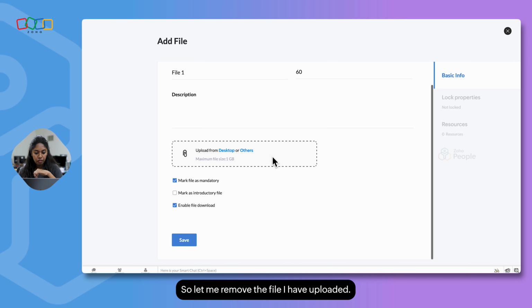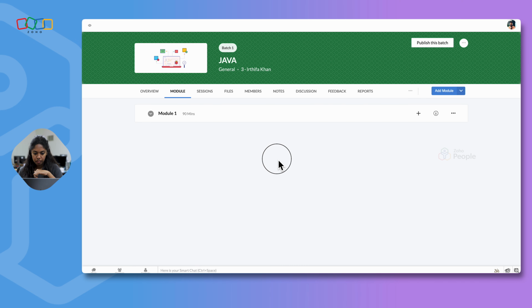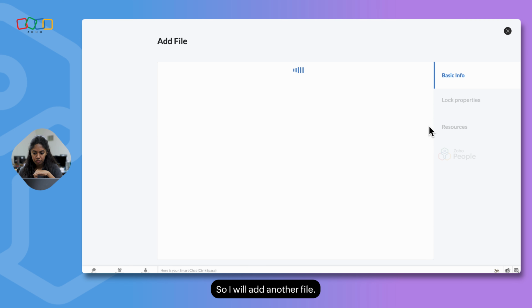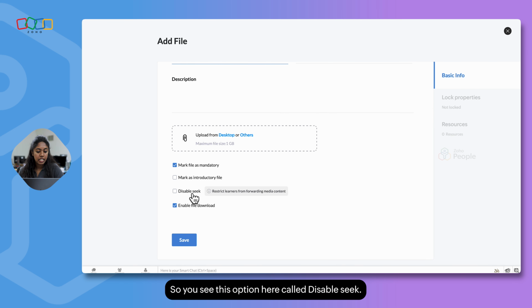So let me remove the file I have uploaded. So I'll add another file. So you see this option here called Disable Seek. So if you are adding a video file over here and you don't want your employees to fast forward the video and complete it, if that is the case, you can enable this option, Disable Seek, which means that employees have to go through the video completely.